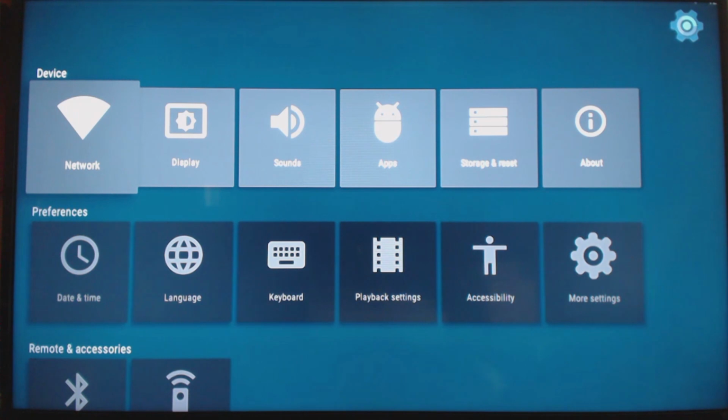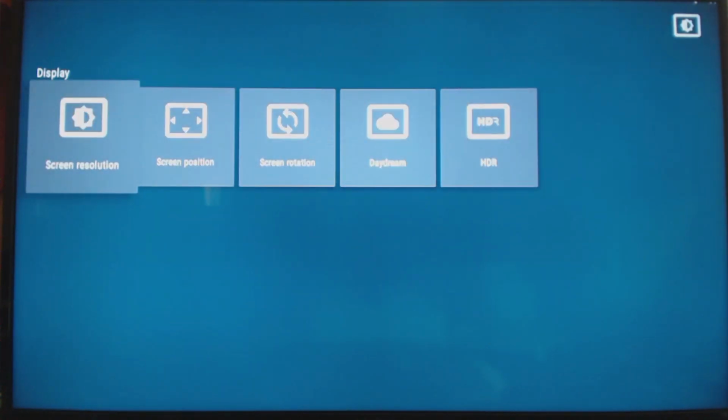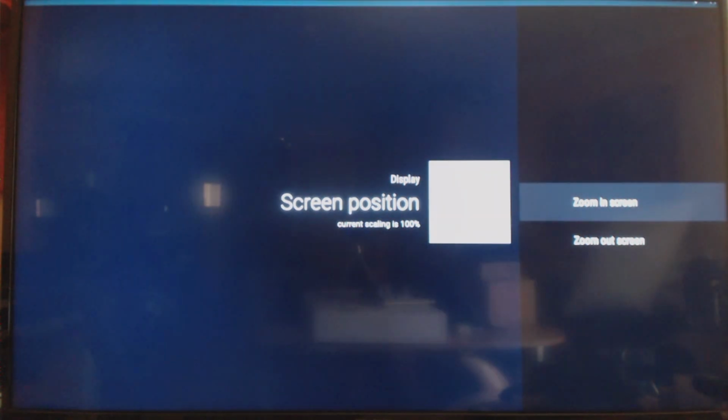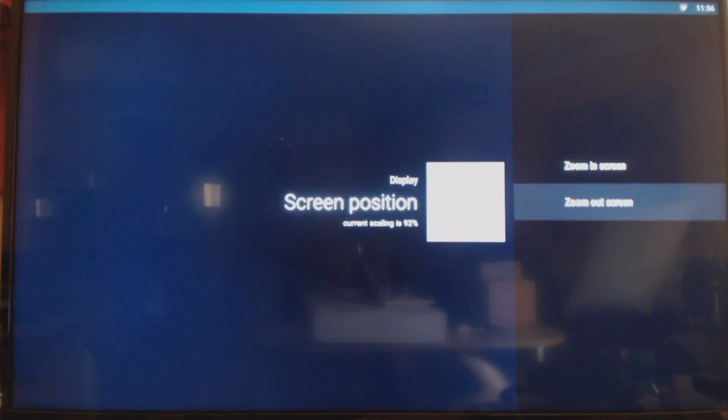The screen is slightly too big for my TV, so what I need to do is go to display, screen position, and then you can shrink or expand the screen to fit your TV. I think I needed to move mine down to 93%, and that seemed to fill the screen fine. You may be slightly different on yours, you may not need to do it at all, but the information's there